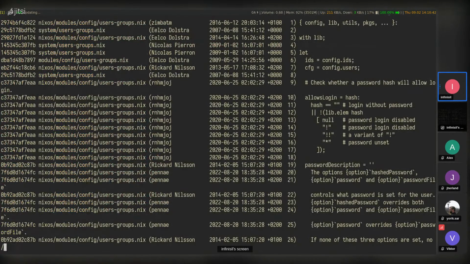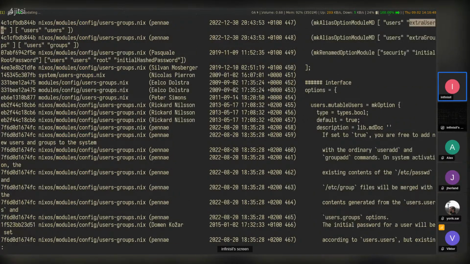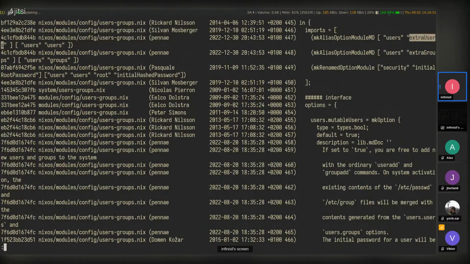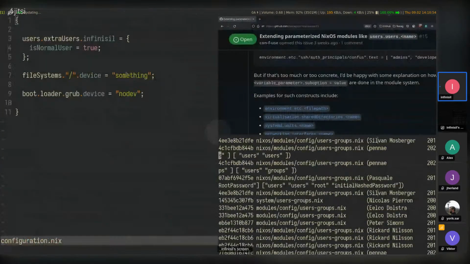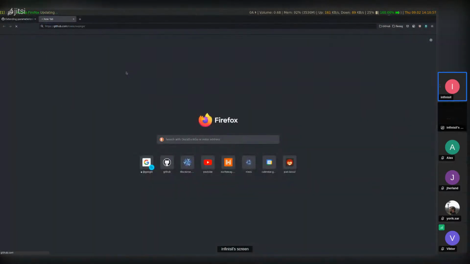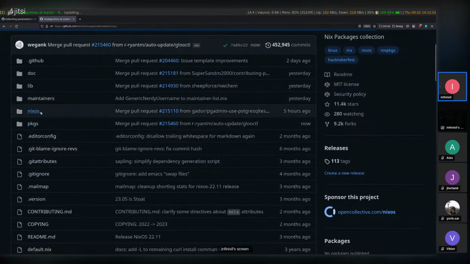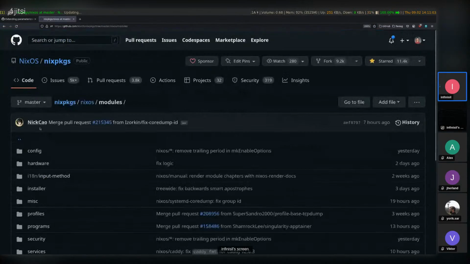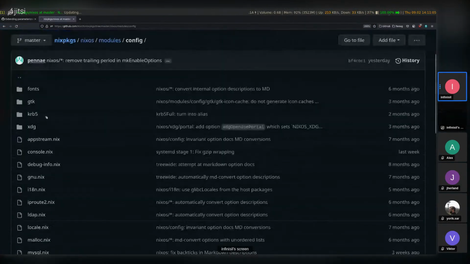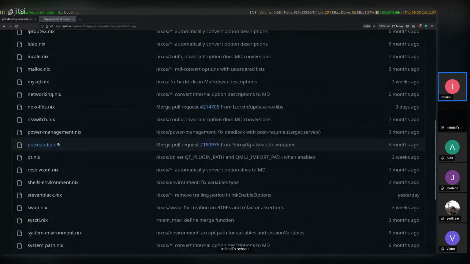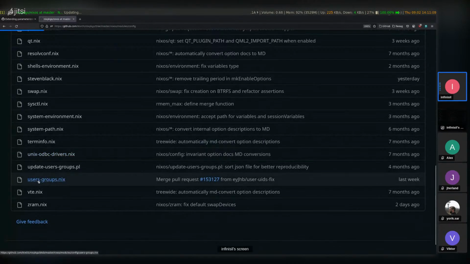Actually, we will. This is a bit annoying because it's probably gonna be... Yeah, we might have to go back quite a bit. I do like using GitHub sometimes for this. GitHub has this neat functionality where, let's go to this location, some modules, config, and it was in users groups